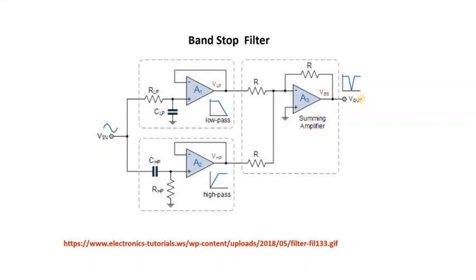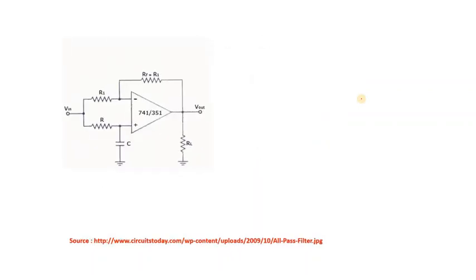We are studying this particular thing in the next few lectures in minute detail. So the next kind of filter is the all pass filter. Some of you may ask, if everything is being passed, why do we need an all pass filter? That's a good question. But the thing is, an all pass filter is required